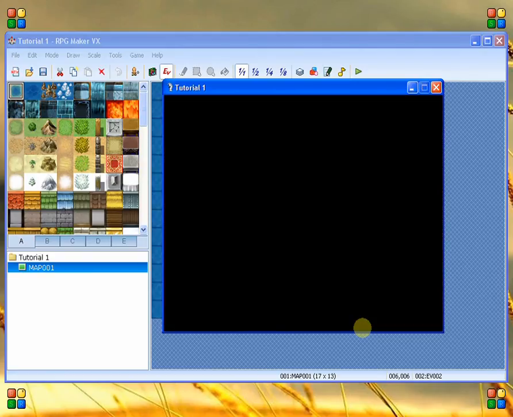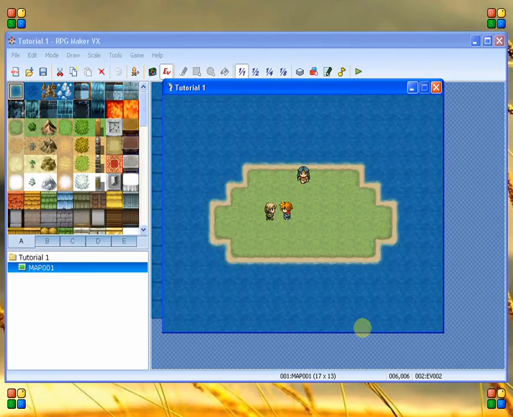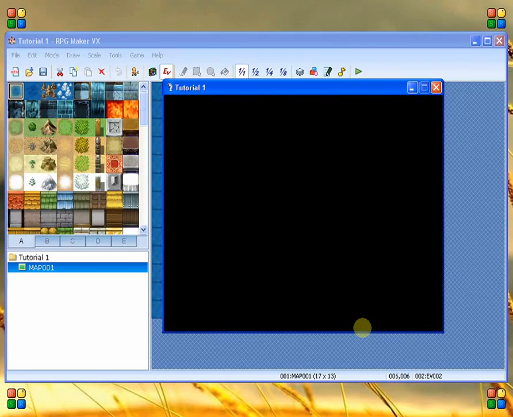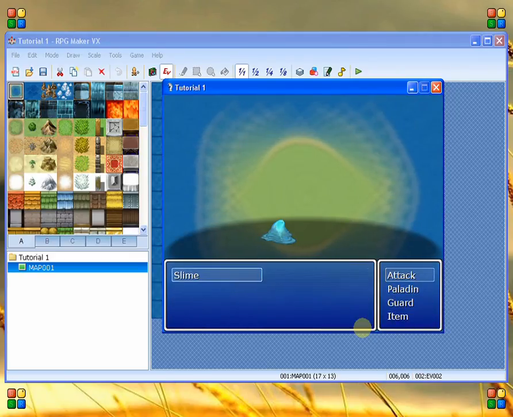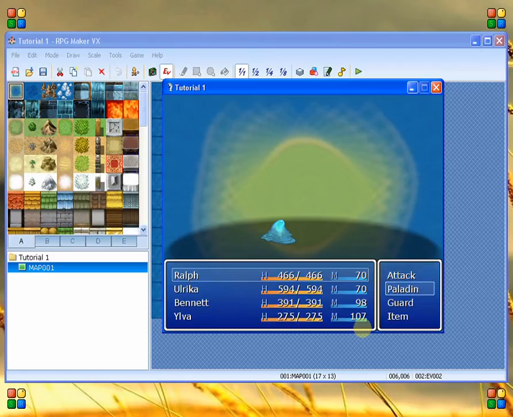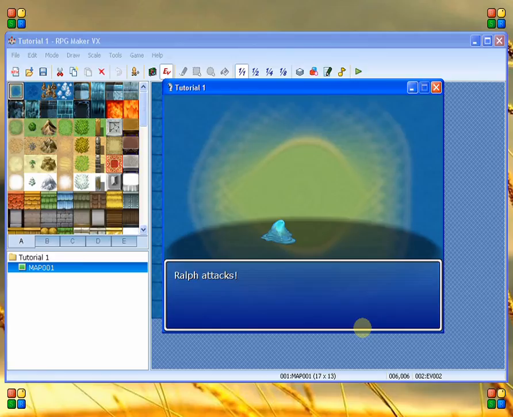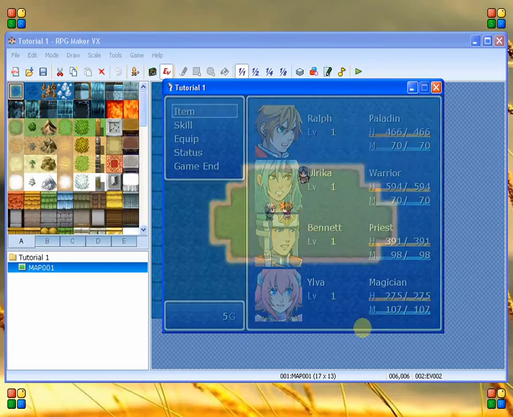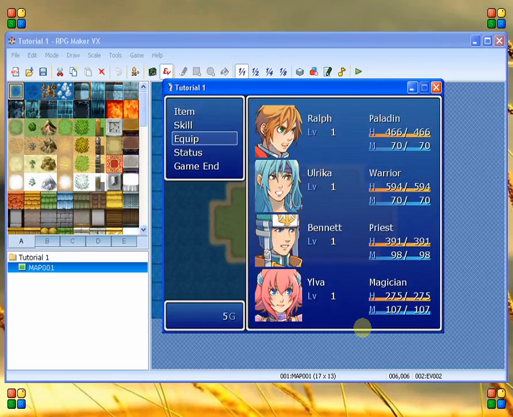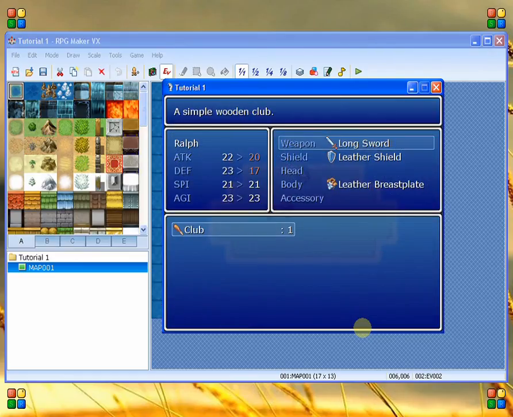So we're just going to go ahead and start it up. We're going to talk to him and get the equipment. Now our fight is launching. We're going to go ahead and just kill this guy. Now note here that our skill name is Paladin, which is what we specified in the things there, and that our priest, what's his name here? Well, not going to find out. Bennett. Okay, so what we're going to do now is we're just going to change his equipment to club, and